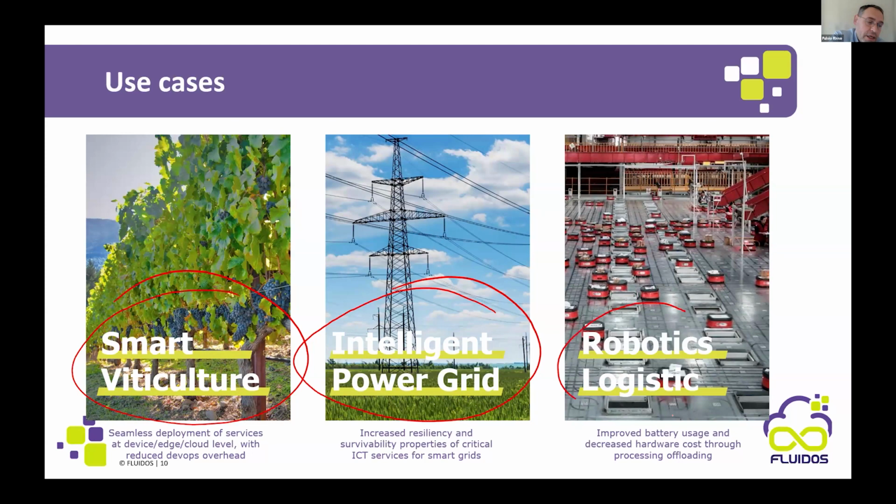And the third use case is about robotic logistics, because we have a swarm of robots, a lot of robots in the factory, and maybe they can save battery if they can offload the computing to another server or another robot, maybe one which is actually charging its battery. So by sharing resources and batteries, the robots can live longer, they can work longer, and they consume less battery. So in the end, the productivity in the factory is higher.